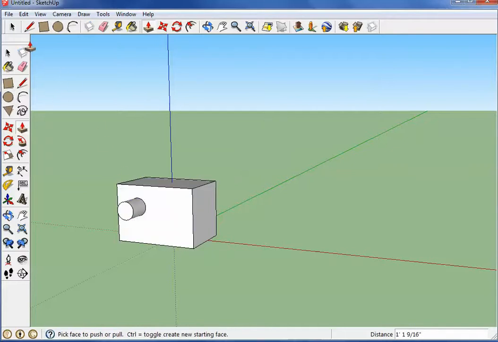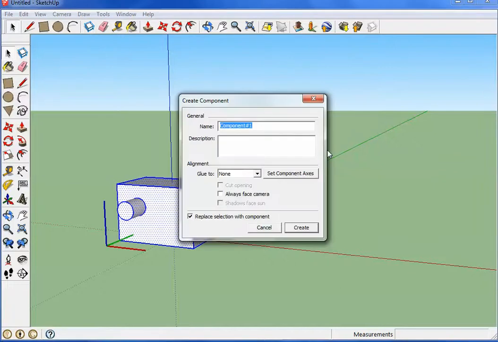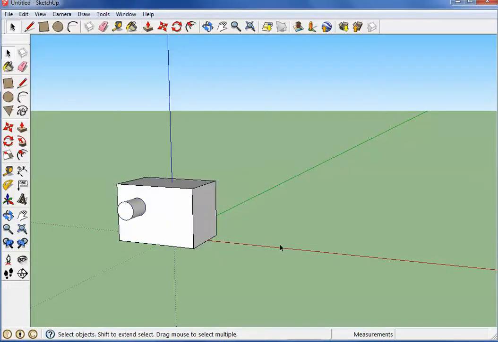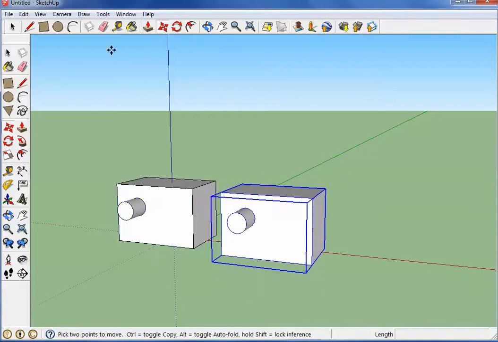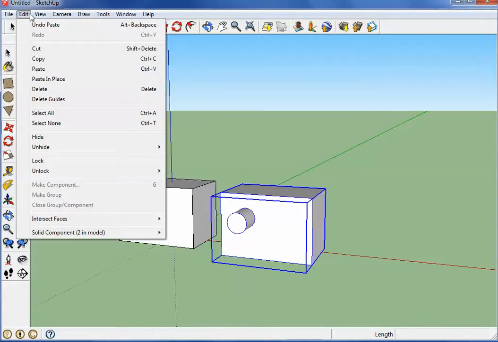And to make a component, it'll be easier to describe once you see what a component is. A component is if you highlight it and you click on component, make a component, you can rename this test, and then you can even give it a description right here if you want. Then you're going to hit create. Now, what happens when you've created a component is, if I copy and paste this, Control C, Control V, and make another component,